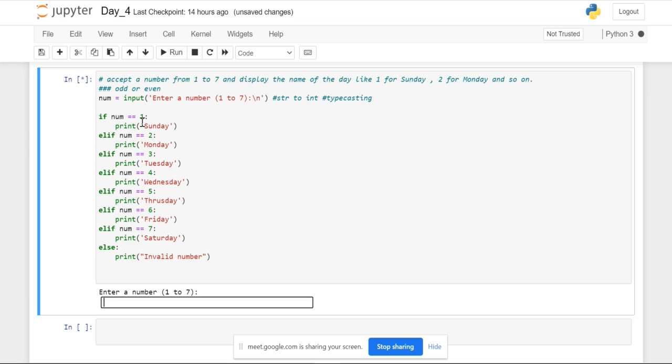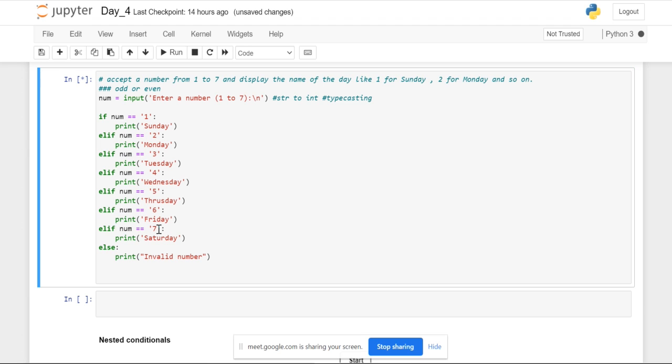Can we do it individually for each thing? See, if I make it like this, instead of writing numbers, I make them all strings, it should work. So there are multiple ways of doing the program, and you will get the same output. So it's always good to think of all the alternative ways available. Okay, so if I just run it,